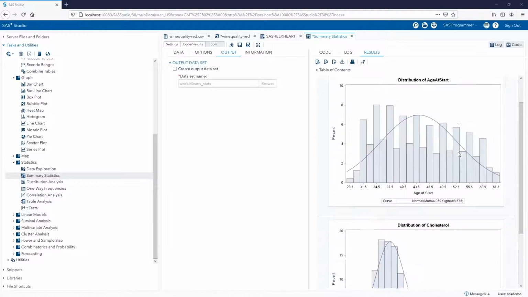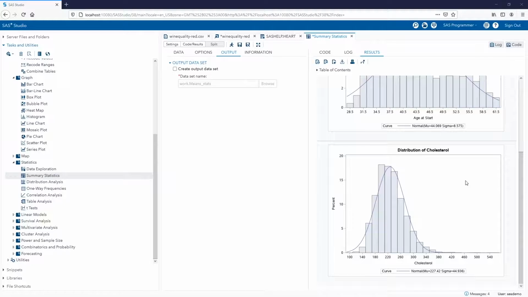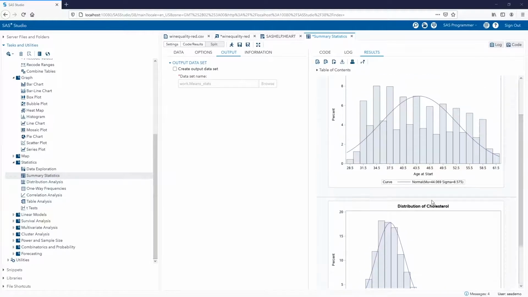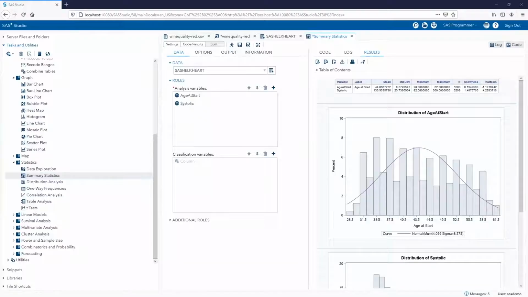We've added a normal density curve to the age at start variable and the cholesterol variable. Let's investigate the age at start variable. If you remember what we mentioned earlier in the lesson when we were being introduced to kurtosis, we mentioned that kurtosis is a dimensionless quantity. And the reference quantity that we use for kurtosis is that of the normal distribution, which has a kurtosis value of 0.